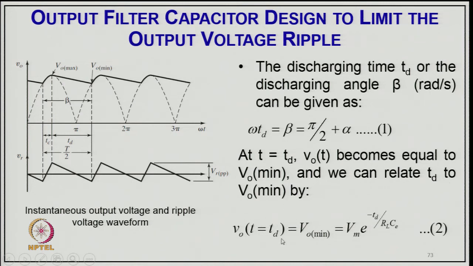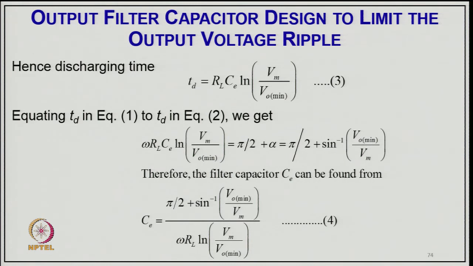So, V_O at t equal to T_d, that is V_O minimum equal to V_m e to the power minus T_d upon R_L into C. So, hence the discharge period, from that equation we can calculate T_d equal to R_L into C ln V_m upon V_O minimum, and equating T_d from this equation to this, we can get omega R_L C